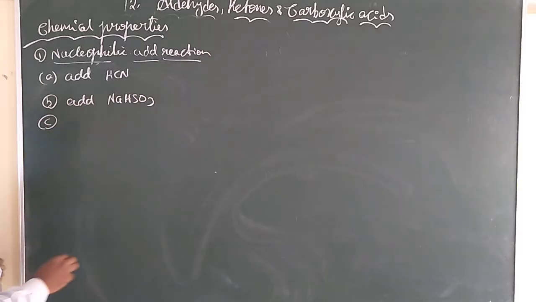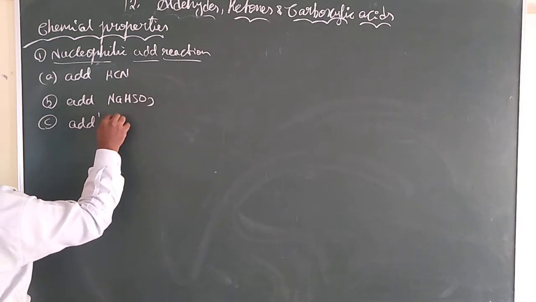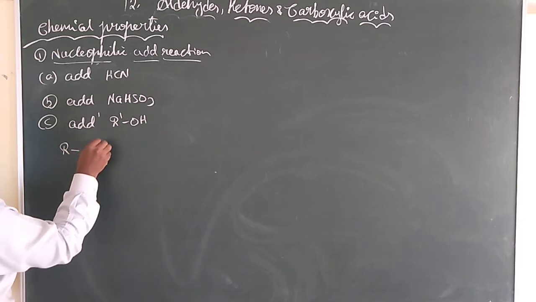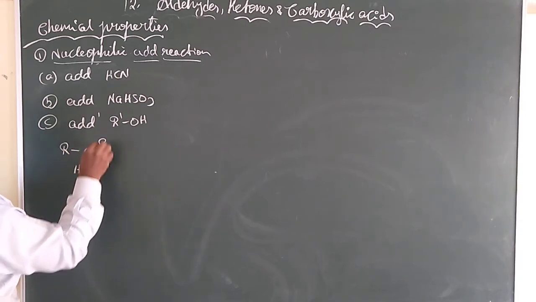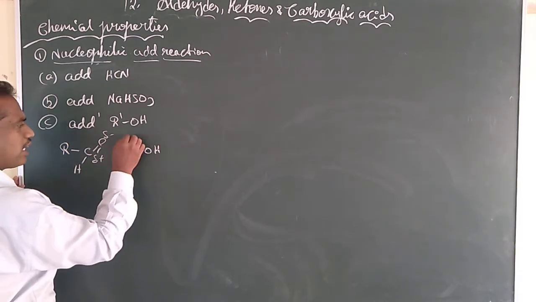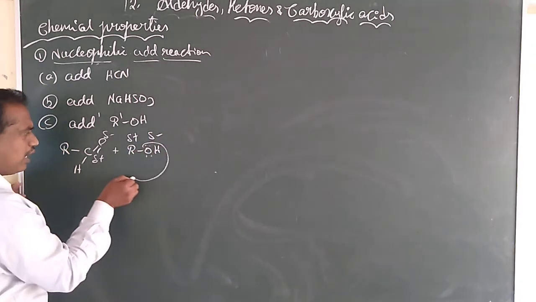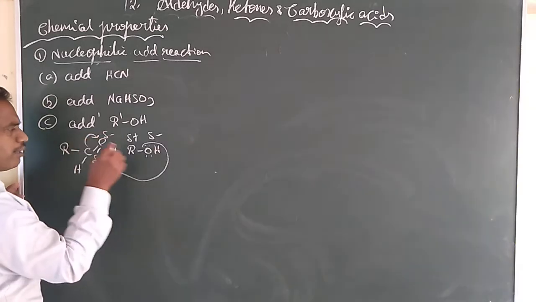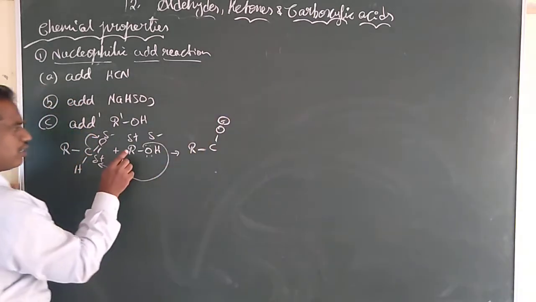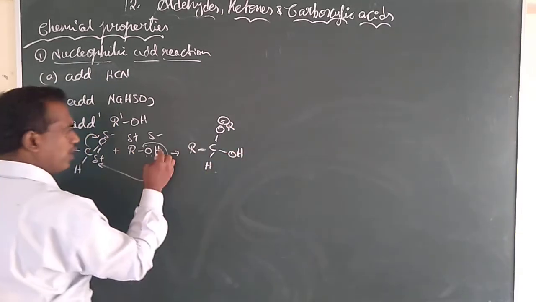For JEE Mains, they are asking you simple questions. Addition of alcohol. For example, you have one aldehyde. When you add the alcohol, there is a partial positive charge and a partial negative charge. It depends on the Lewis base. Oxygen will give a response to carbon, migrating the double bond onto the oxygen, forming RCO minus. Towards that the R group will be added. Here hydrogen is already there, and here we have the OH bond.